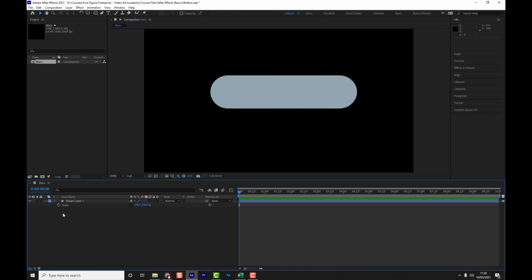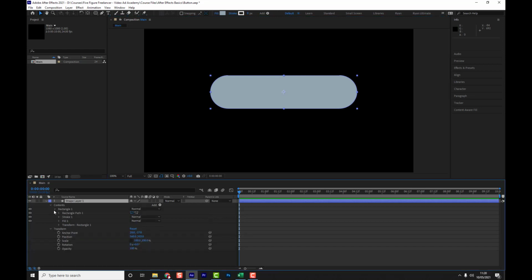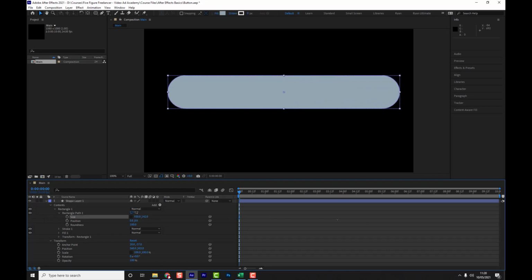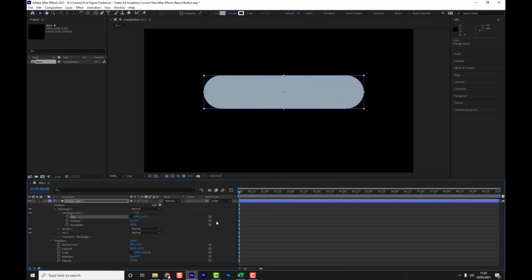So just a quick tip, when you are scaling a shape layer with a rounded edge like this, drop down rectangle, go to rectangle path, unlink X and Y, and then adjust the size. And now you can see we've actually got a circle that extends and it doesn't distort because we're not distorting the shape layer. Anyway, that might be a bit advanced,